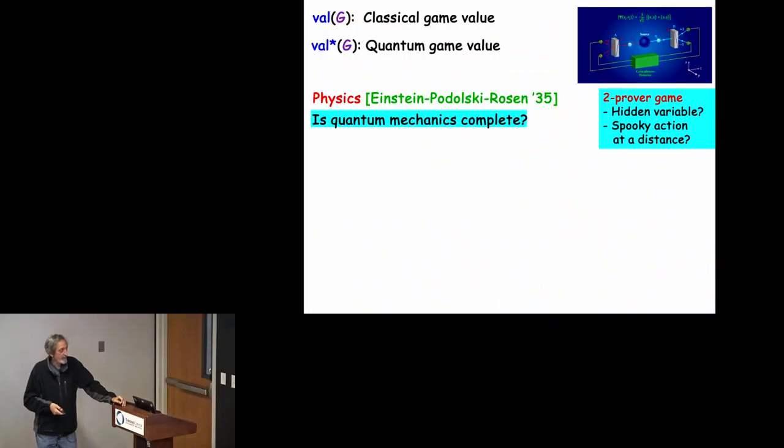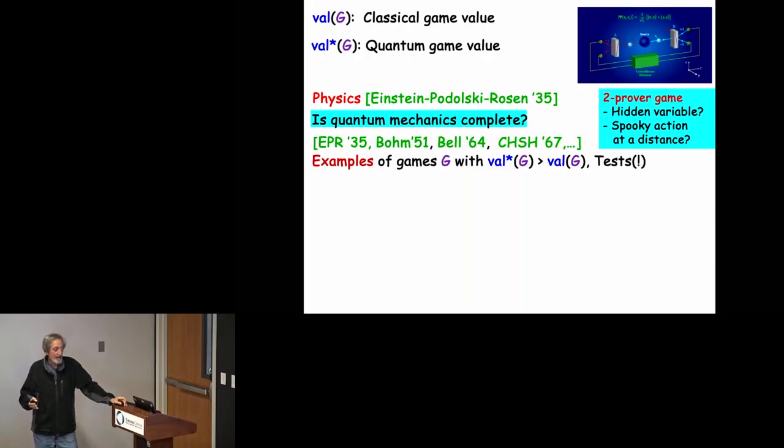So saying it again, let me separate the physics and the computer science approaches. Physics was motivated by understanding whether quantum mechanics is complete, and they developed a variety of games which exhibit this phenomenon, really validating quantum mechanics. A variety of games where the quantum value is bigger than the classical value, which started with the famous Bell inequalities, and it culminated really with tests. So we know today this EPR experiment was carried out in the 70s and 80s, and it's really true.